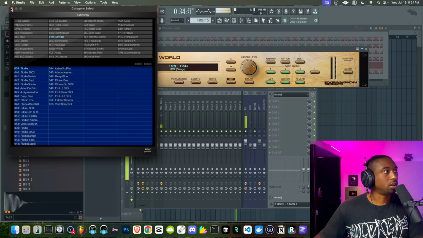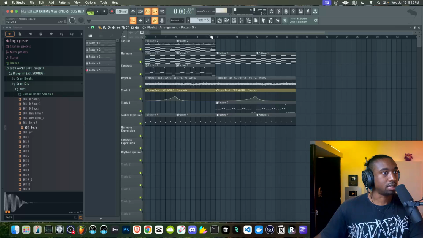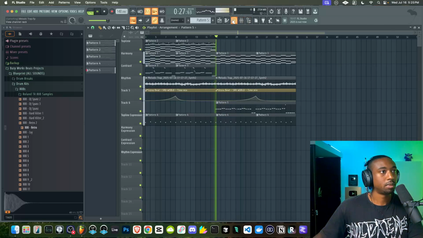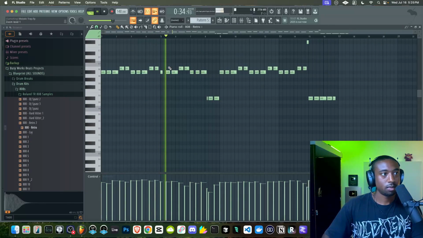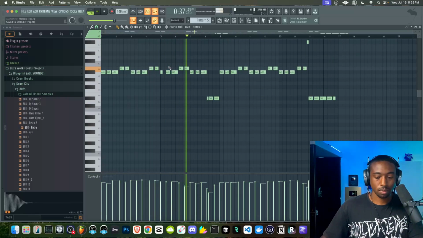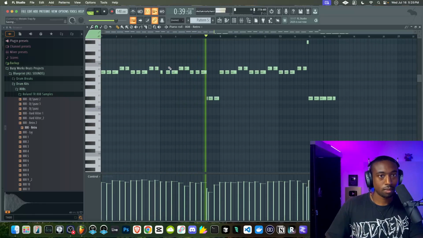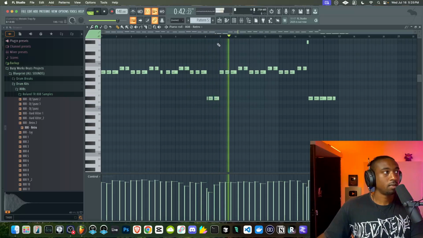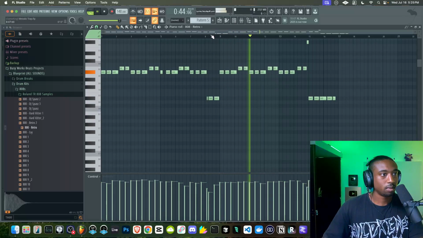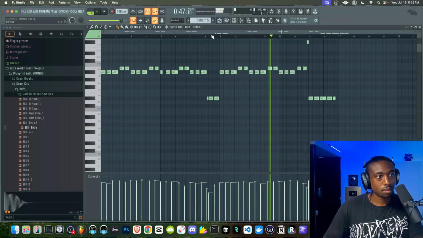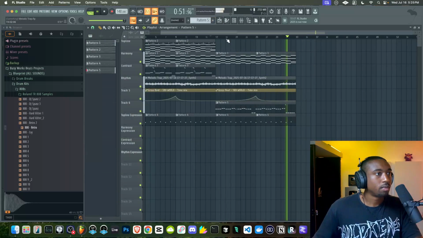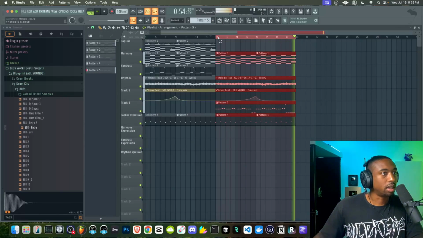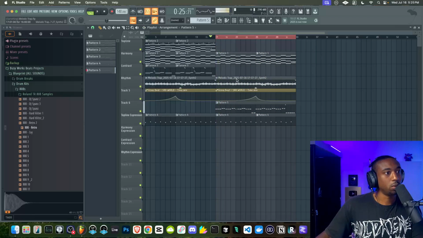I feel like at this point in the song, the top line becomes a little repetitive, so let's take out the top line. Okay, so now we have room for a top line, which this is a top line.